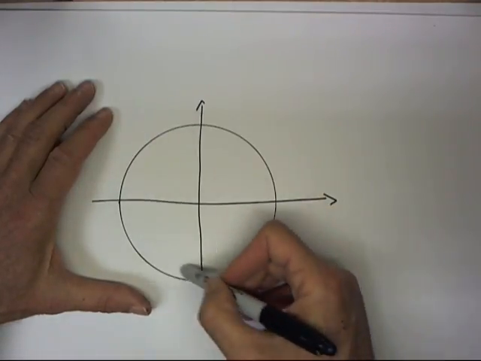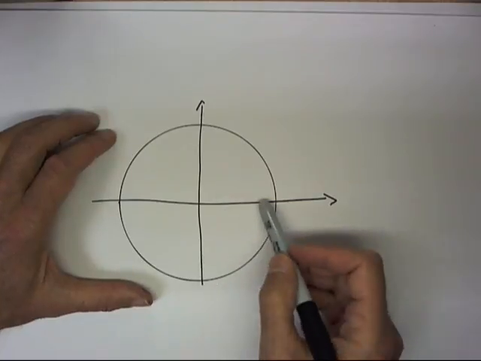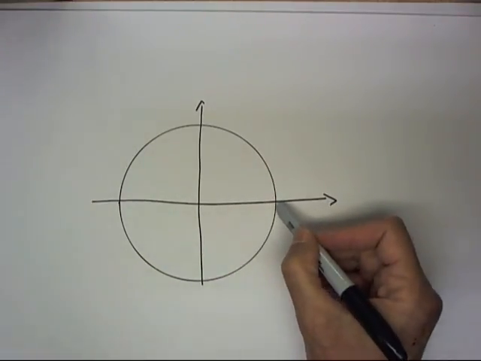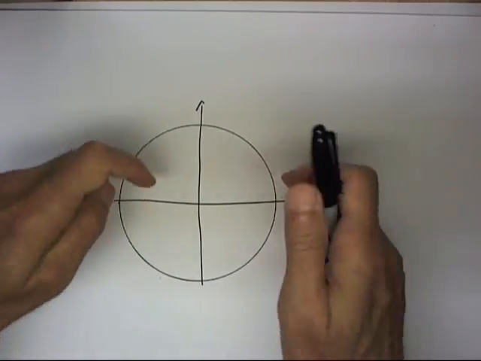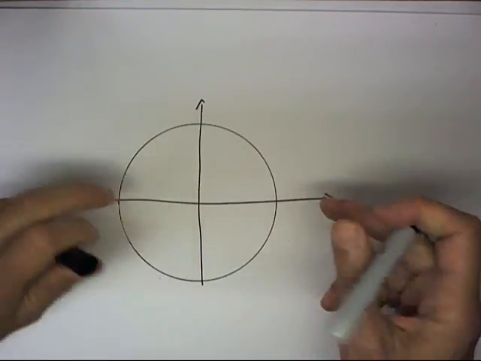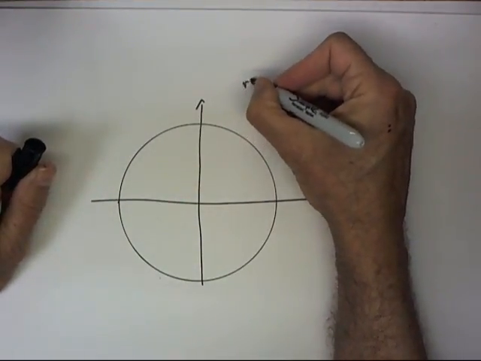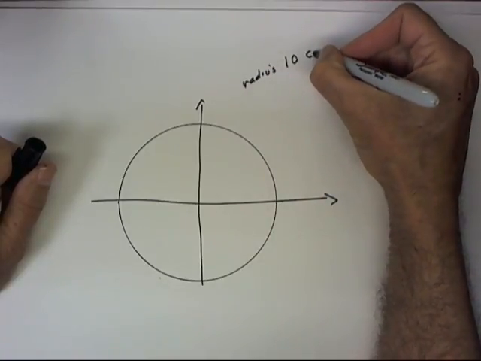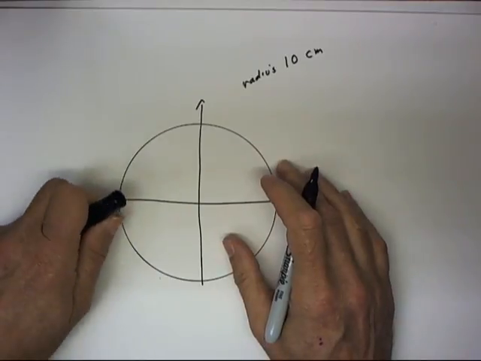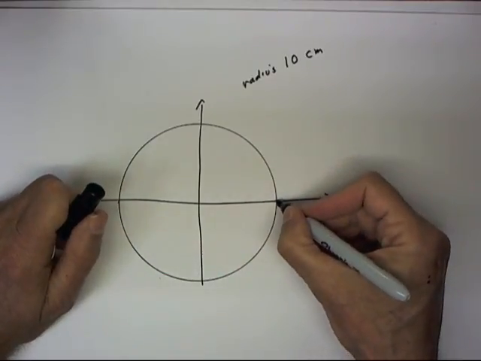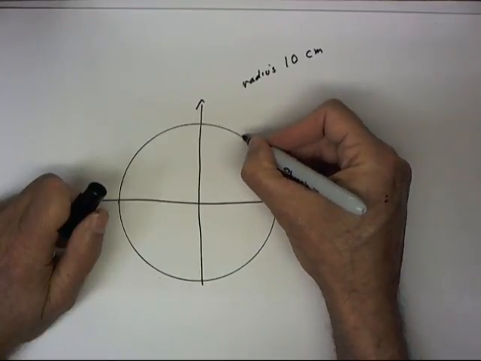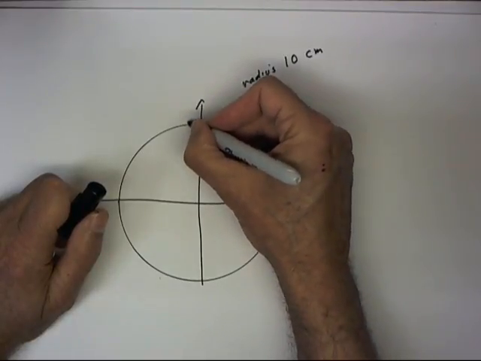Let this circle represent the motion of the first push pin, and let this circle represent radius 10 centimeters. Then the position of the push pin, if the circle is rotating at a constant